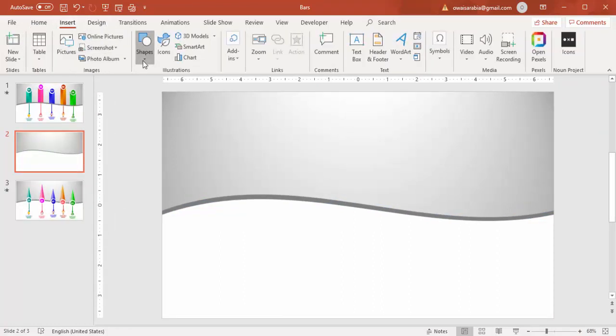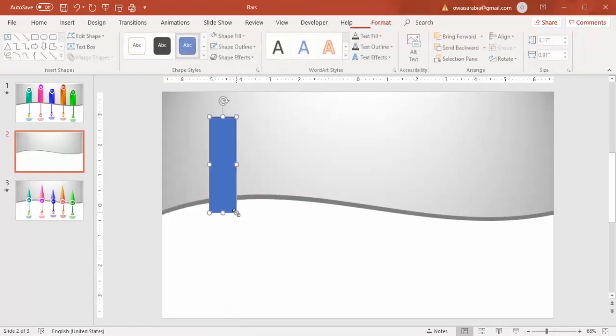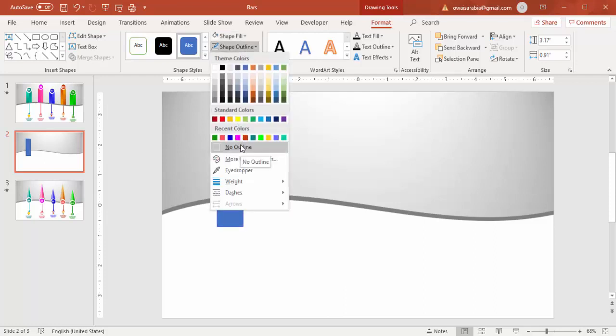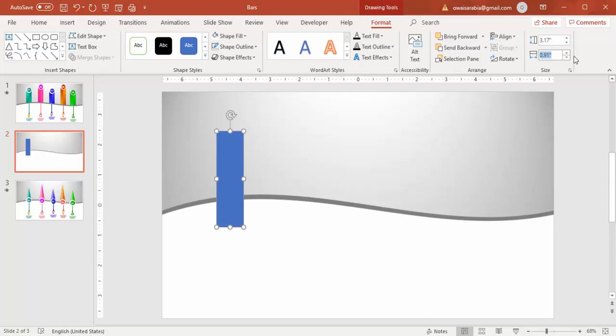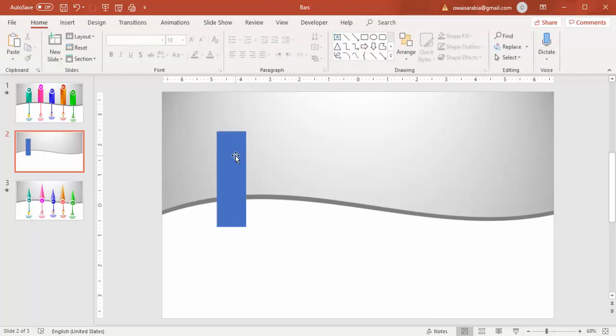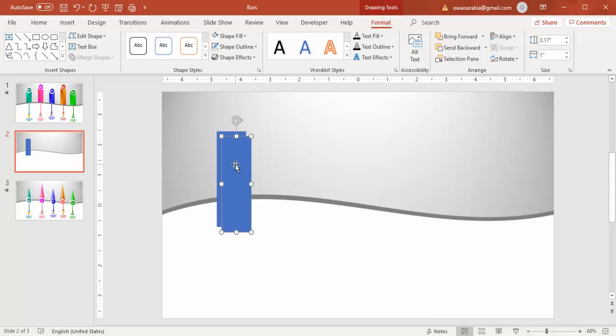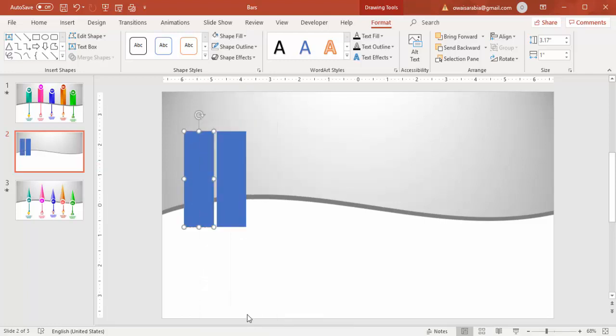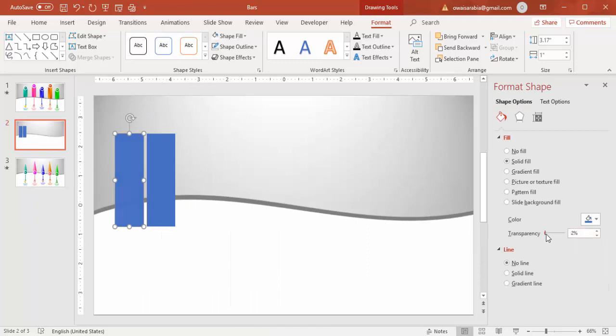Go to Insert, Shapes, select the rectangle again, draw a rectangle, remove the outline and make the width 1 inch. Ctrl D to duplicate it. Go to Format Shape and increase the transparency level and make the width 0.5 inches, exactly half of the